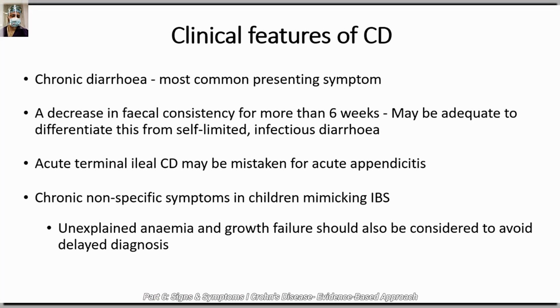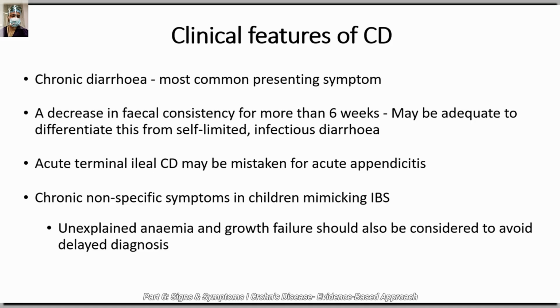The clinical features of Crohn's disease are chronic diarrhea, which is the most common presenting symptom. That patient will present with long-standing diarrhea of months duration, that will be 4 to 6 months or longer. A decrease in fecal consistency of more than 6 weeks may be an adequate symptom to differentiate this from self-limited or infectious diarrhea. I have talked about this in my previous video also in ulcerative colitis, that any diarrhea which is